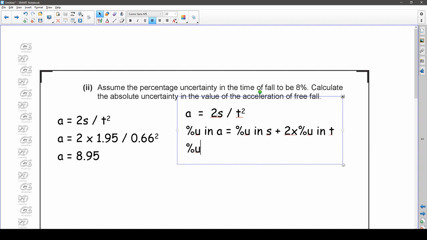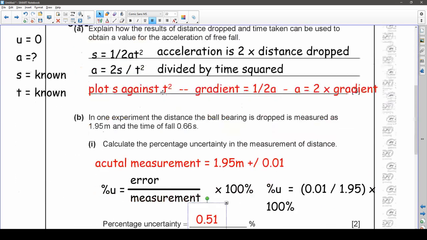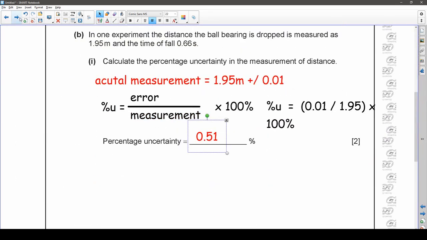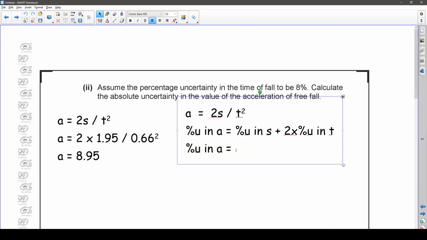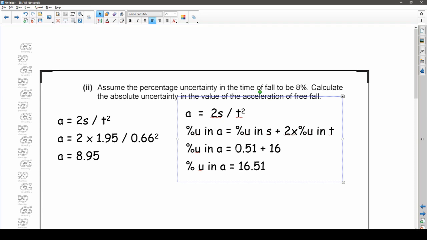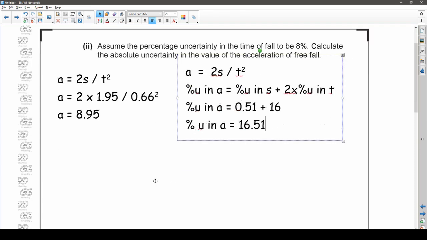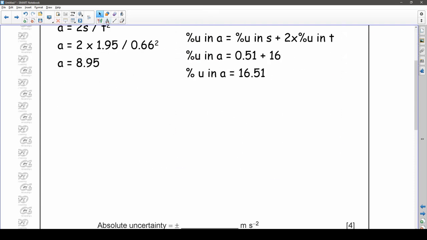Okay, so the percentage uncertainty in A is equal to my percentage uncertainty in S, which we just found back here, which is 0.51, plus 2 times the percentage uncertainty in T, so that's 2/8, which is 16. So my percentage uncertainty in A is equal to 16.51%. Yes, we're doing well. So now what we can write is that A is equal to 8.95 plus or minus